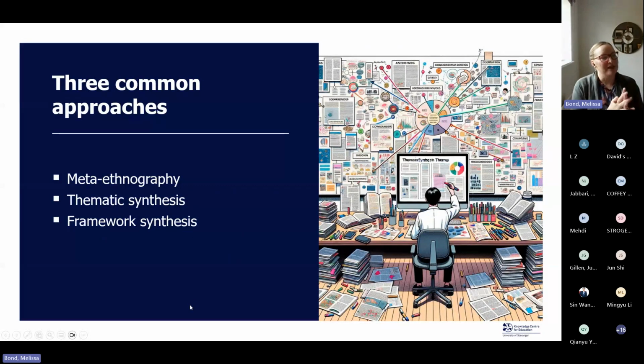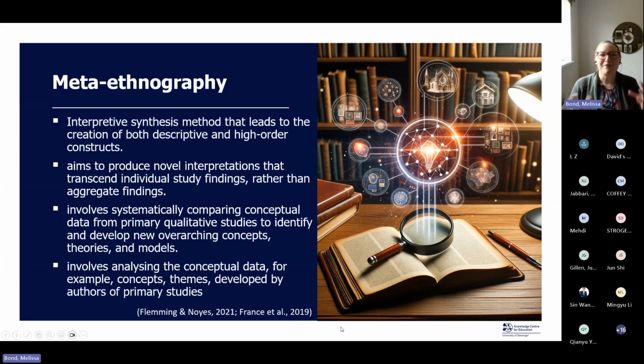So I'm going to talk about meta-ethnography first, and then we'll look at thematic and framework synthesis. Meta-ethnography is an approach that does use purely qualitative research. It leads to the creation of some descriptive second-order constructs and some higher order, or what's called third-order, constructs. The aim of it is to produce novel interpretations and understandings rather than aggregating findings.